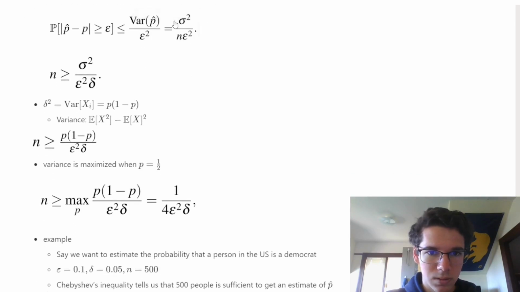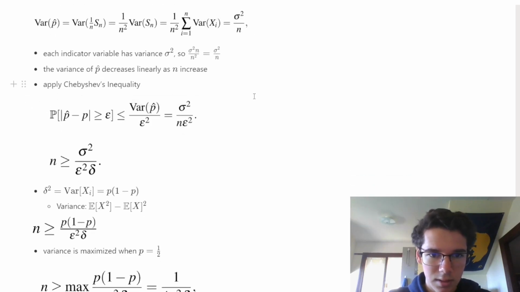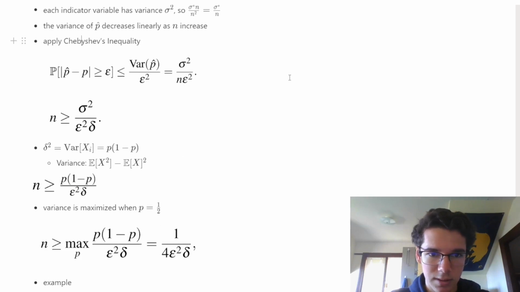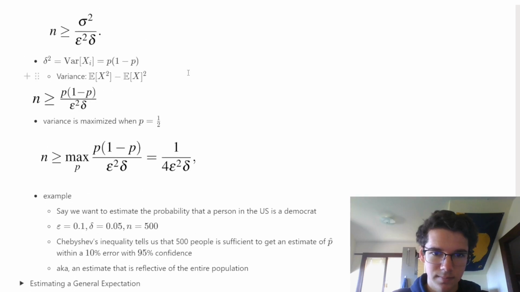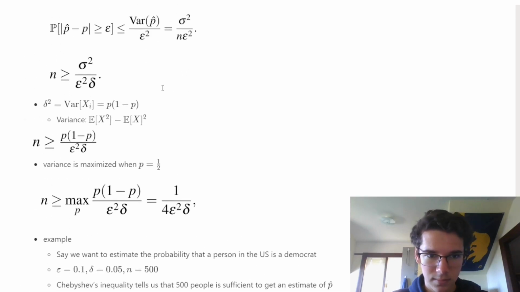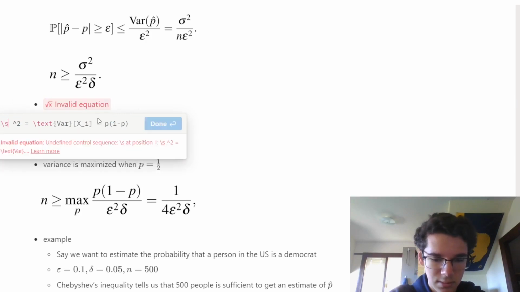Okay, so we have this expression for the variance, and then we also have the expected value. So we can apply Chebyshev's, and it comes out to this. And we can use some manipulation to isolate n. So I think what I actually meant to put is not delta. I meant to put sigma squared